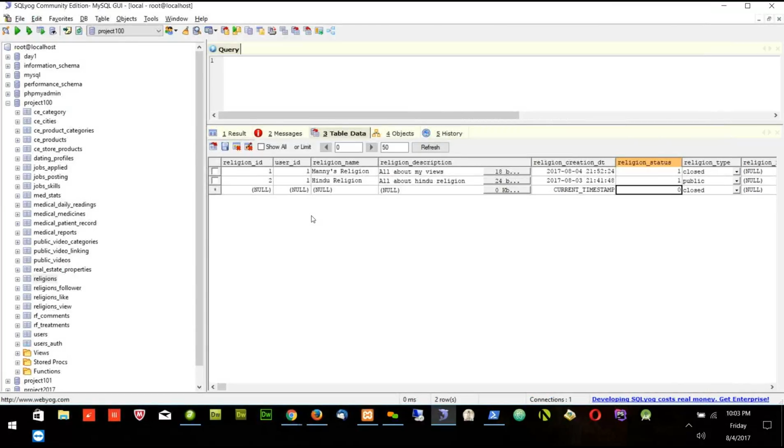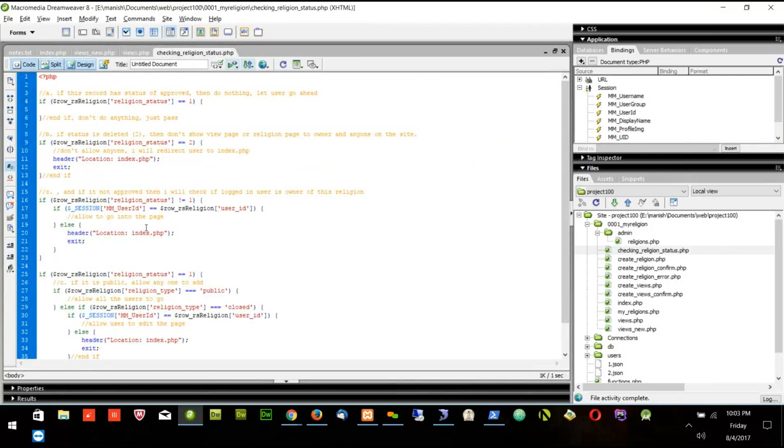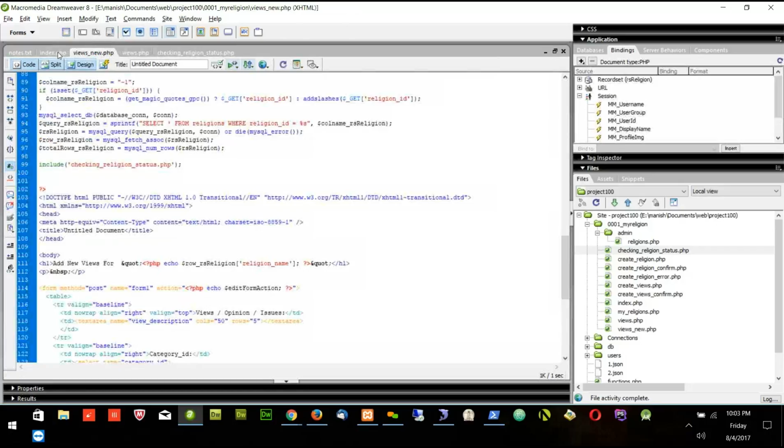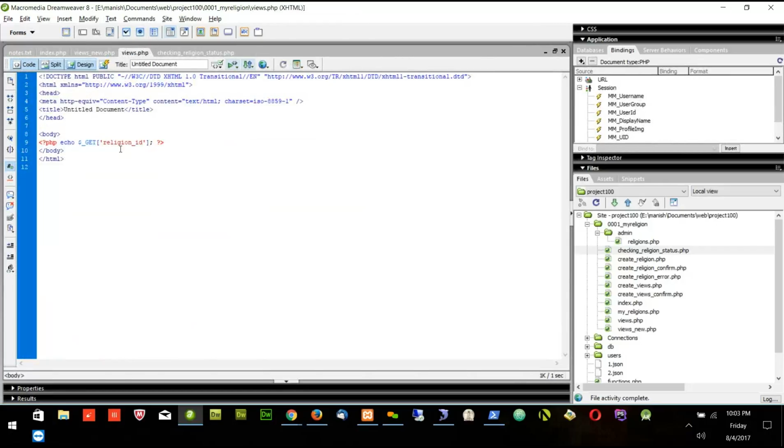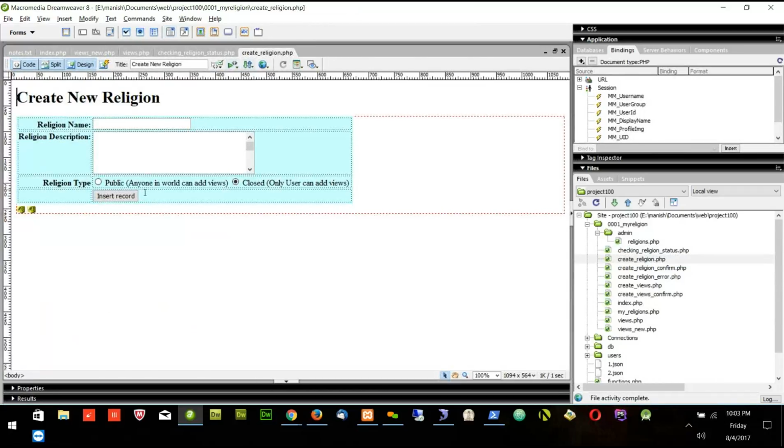So that means what I did, I took that part and put it in this file for easy reference. So this part is also done. Now let's go to the views one, and first we'll go to the religion one, create religion one. So in the religion one, I will